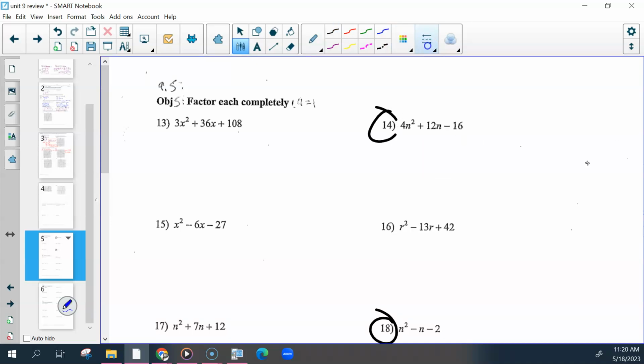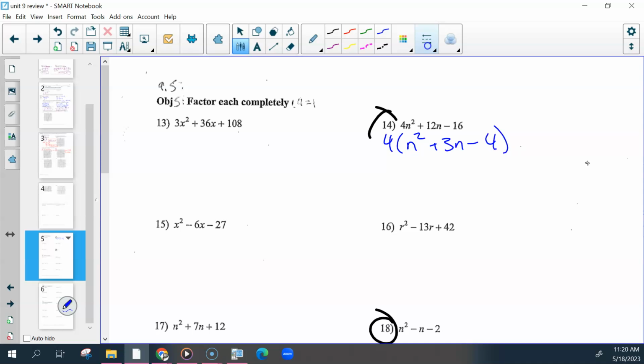So as always, look and see, is there something you can divide out of each one? Is there something that these have in common that you can divide out? 4. So then what would be left? 1 and 1 in n squared, 3n, minus